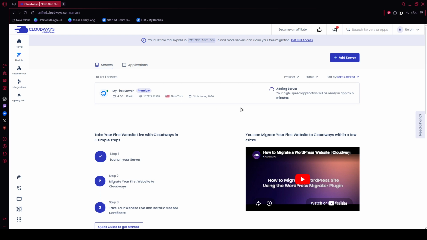After that, set your hardware resources. Use the server size slider to choose the amount of RAM and CPU your project needs. For smaller or moderate websites, 2 GB of RAM and 1 CPU core is a sensible starting point. For larger WooCommerce stores or more resource-intensive sites, moving up to 4 GB or 8 GB can provide extra breathing